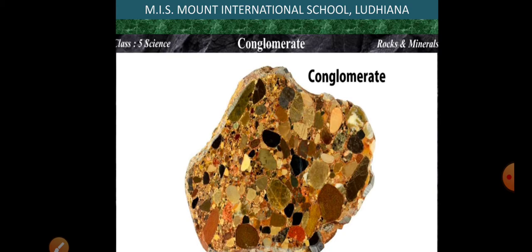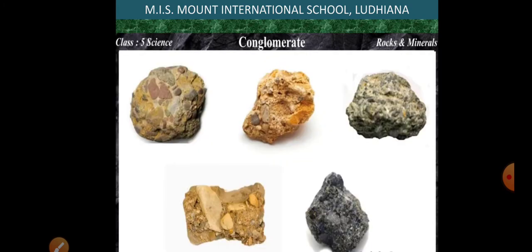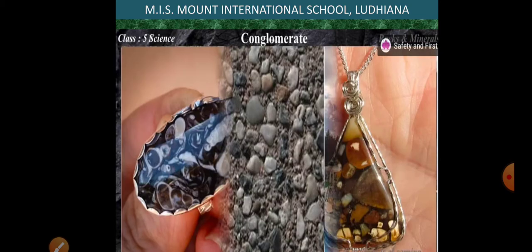Now, conglomerate is usually found in a round shape. It is formed of round stones such as pebbles or gravel. When they get cemented together, they form conglomerate. It has porous grain and withstands weathering. Okay, that means there is no effect of weathering on the conglomerate. What is weathering? Yes, excessive weather conditions, like huge rainfall or storms or wind, do not cause any kind of harm to the conglomerate. Students, it is also used in construction as well as in jewelry purposes. Okay, it is used in both of the fields.